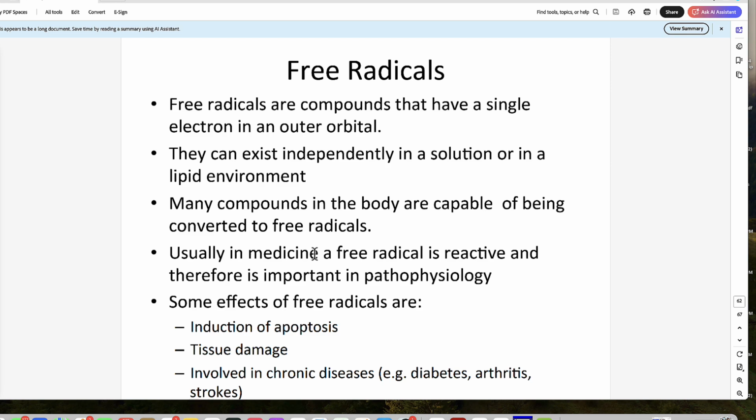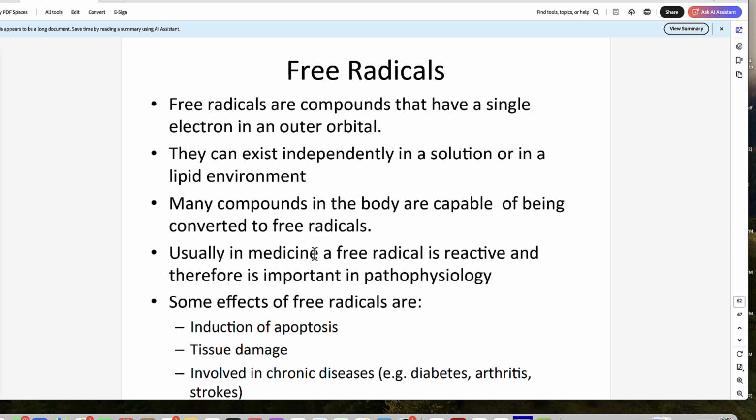All right, so the last portion that I want to talk about is free radicals. These are compounds that have a single electron in the outer orbital shell that allows it to be reactive, and they can exist independently in a solution, or they can be in a lipid environment. Now, many compounds that we have been exposed to are capable of being converted to free radicals. Usually when we talk about free radicals in the medical field, it is reactive, and therefore it is important